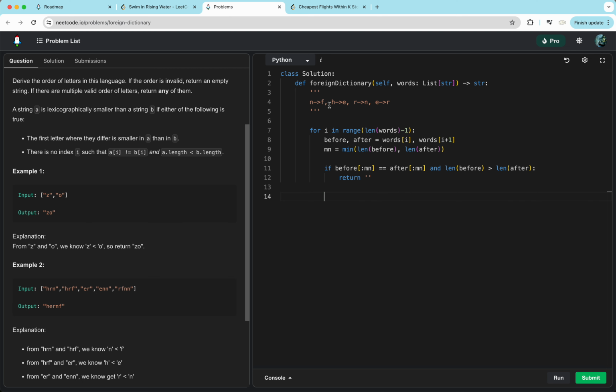So if one of the characters is different, then we will figure out one edge in this tree, or in this graph. So for j in range(mn), so in the minimum length, so we don't get an index out of bounds error, if before[j] is not equal to after[j], then we have a difference. Which means that the parent of the character at after is the character at j in before. So we can say parent[after[j]].add(before[j]),